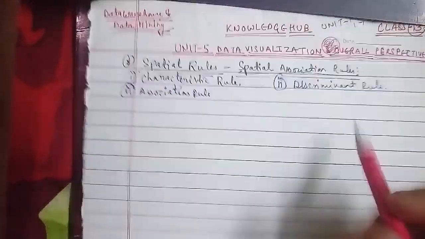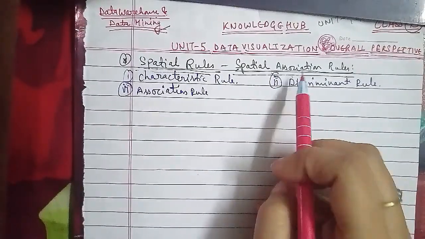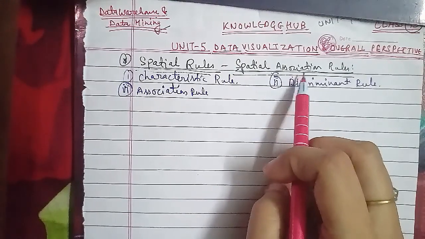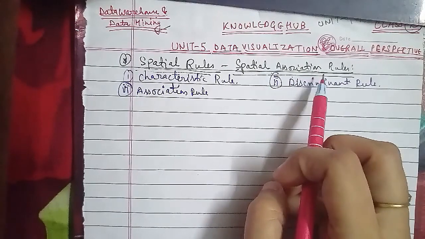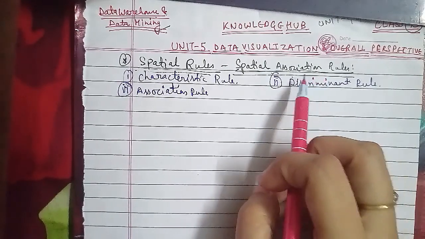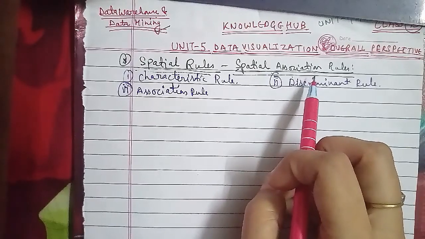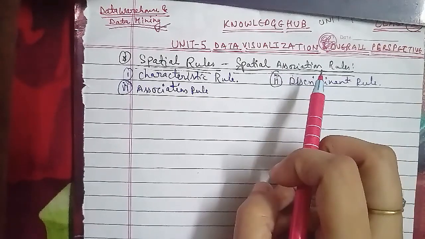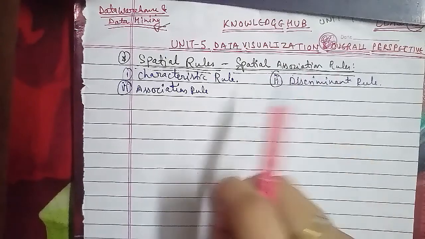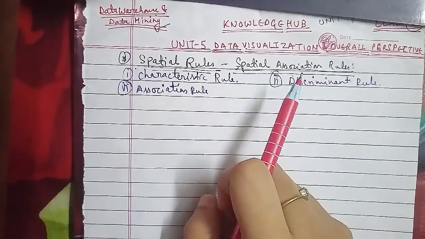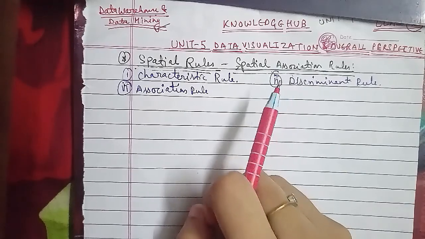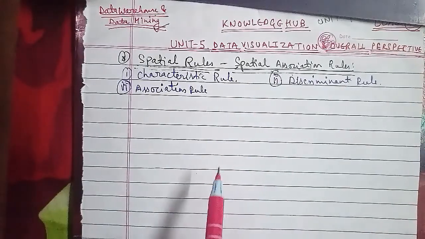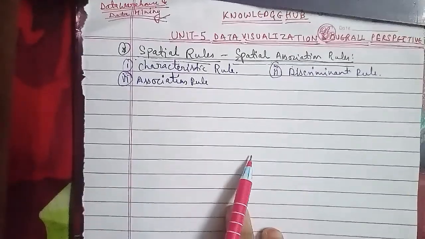Now we'll discuss, as I told you, the spatial association rule here. These are association rules that describe spatial data objects, and they contain a few spatial predicates as well, which are as follows. The first is non-spatial antecedent and spatial consequent. The second is spatial antecedent and non-spatial consequent, and the third is spatial antecedent and spatial consequent as well. So these were the three spatial predicates that we have gone through.